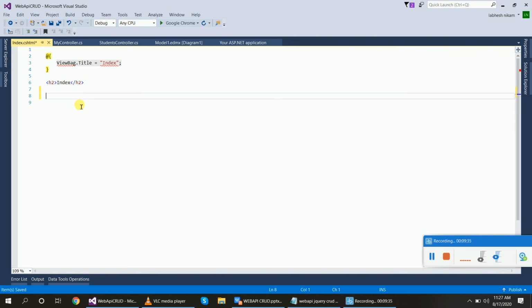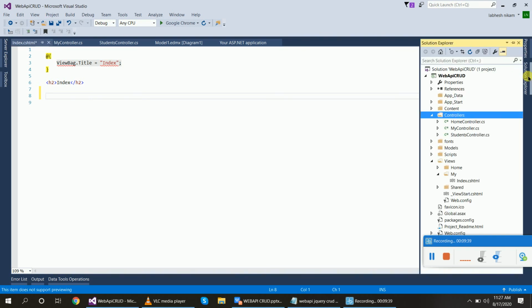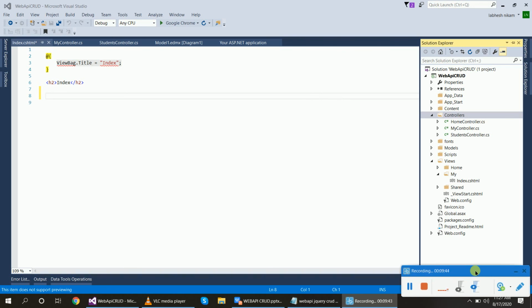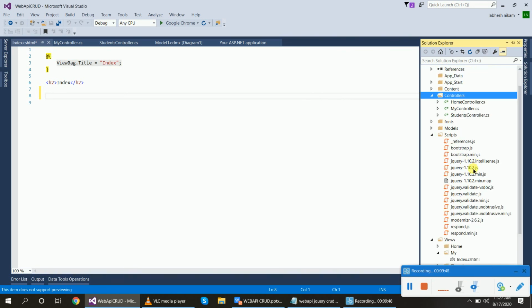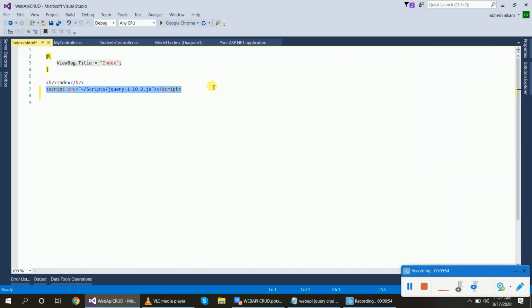Now we will first put a script of jQuery, jquery-1.10.2.js. Drag and drop here.